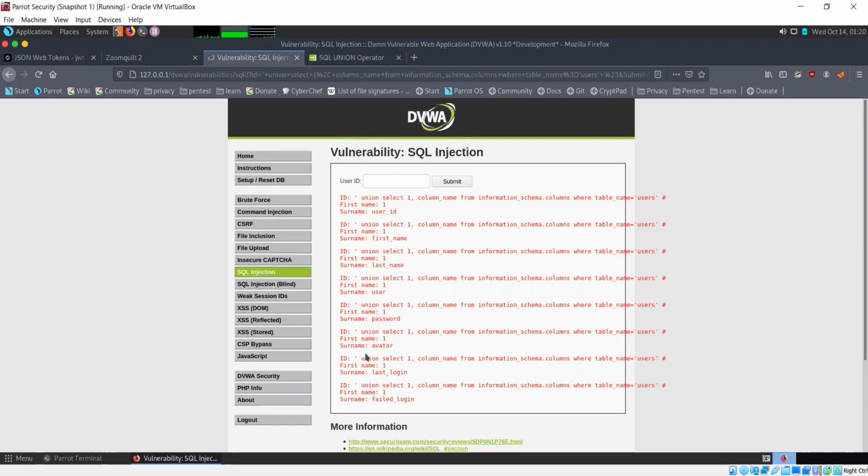So these are the different columns within this users table. Now let's try getting the different passwords by using an SQL query. So can anyone tell me what query I can use here?